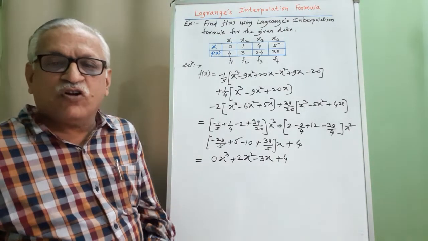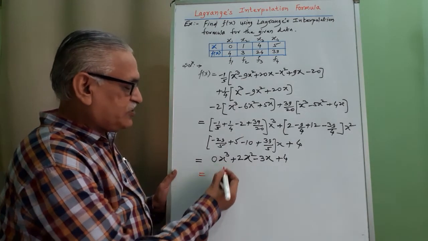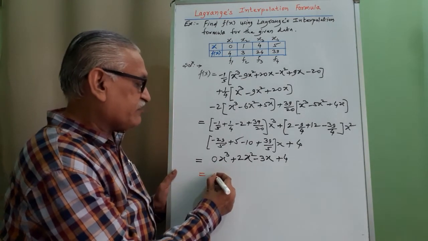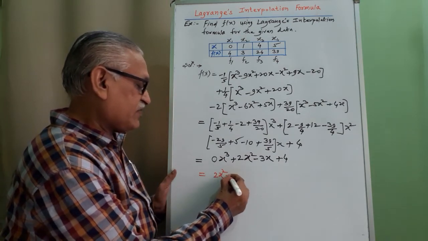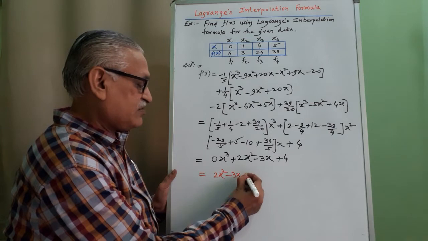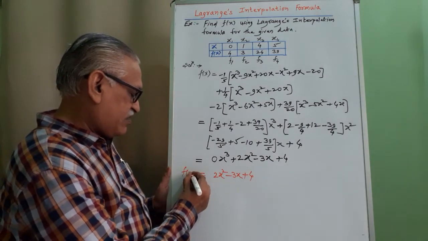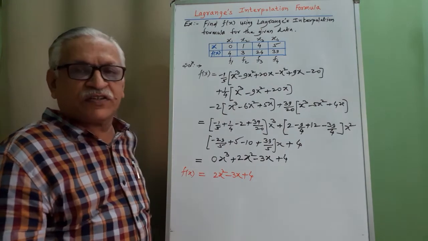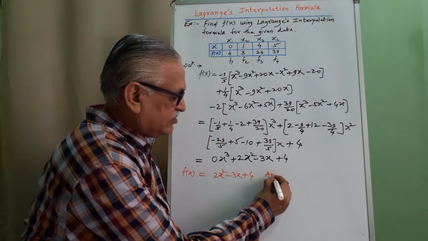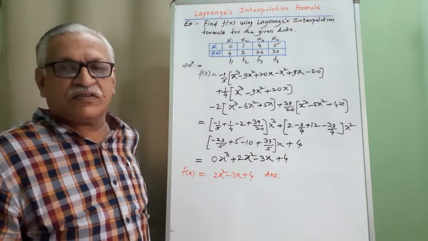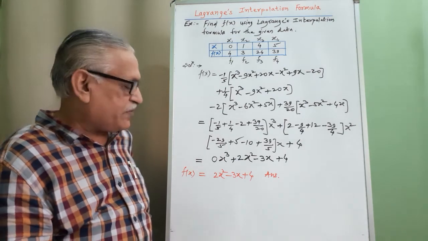And therefore that polynomial by Lagrange's interpolation formula, first term is 0 means we have directly quadratic term 2x square minus 3x and plus 4, a quadratic equation